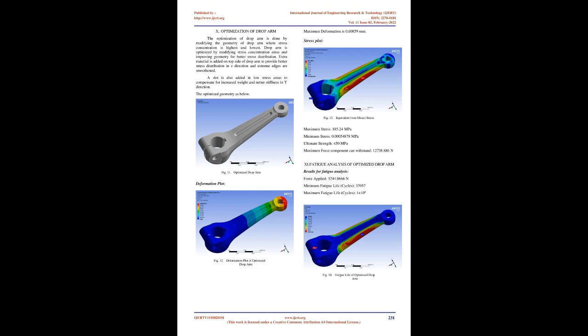Structural analysis. Parameter. Drop arm. Optimized drop arm. Min. Max. Min. Max. Equivalent Von Mises stress, MPa: 0.0056274; 205.7; 0.00548878; 185.24. Equivalent elastic strain, mm/mm: 4.0917 times 10^-8;